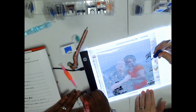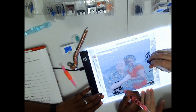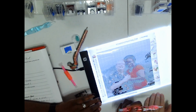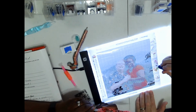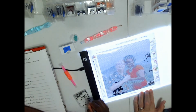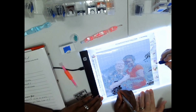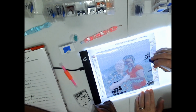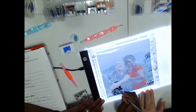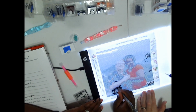So yeah, I don't like to go shopping unless it's for fabric and diamond paintings and fabric. And fabric. That's really it. Oh, and I like to shop for happy planner stuff. Oh, I love my happy planner. Yeah. But the fabric is a long time. Yeah. Design. But clothes, I